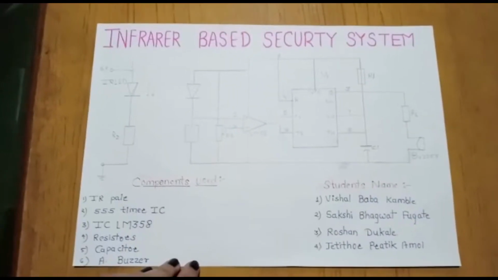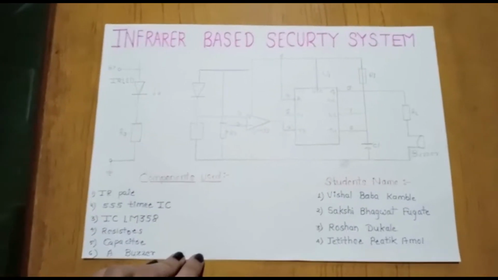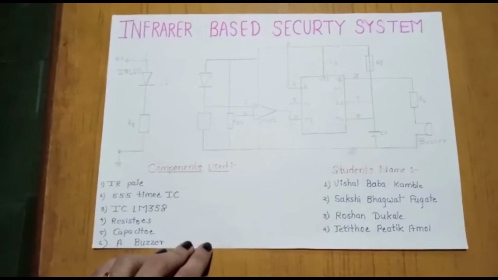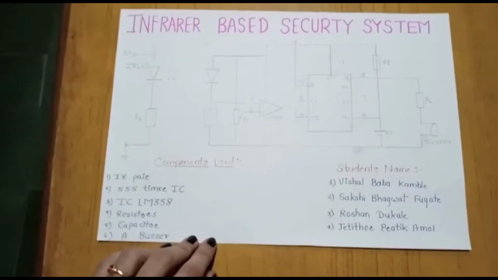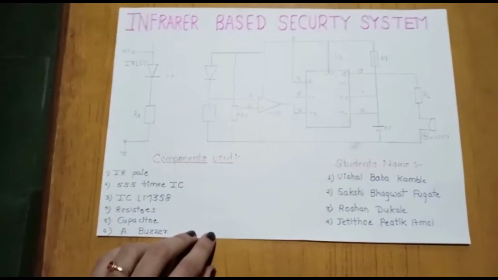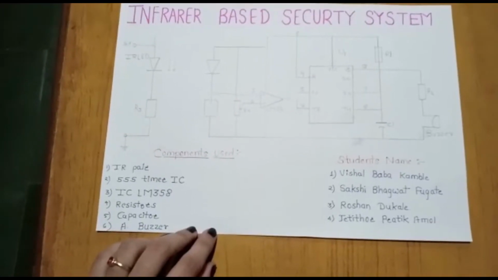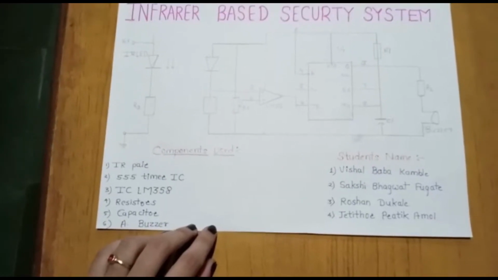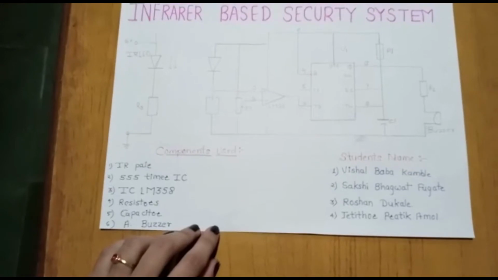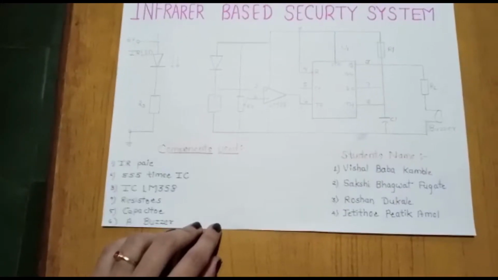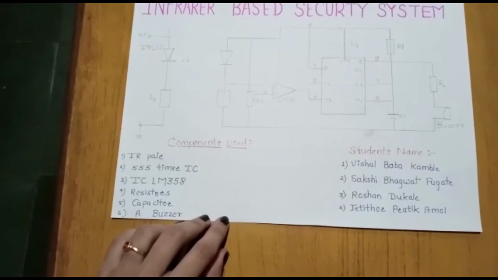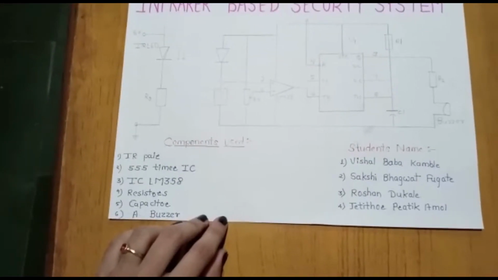In this video, I explain my project, Infrared-Based Security System. This project demonstrates a simple and useful security alarm based on infrared radiations using a 555 timer IC. The circuit uses an infrared eye sensor. The infrared radiations are continuously falling on a photodiode. Whenever the infrared radiations break by any means, an alarm is triggered through the speaker.